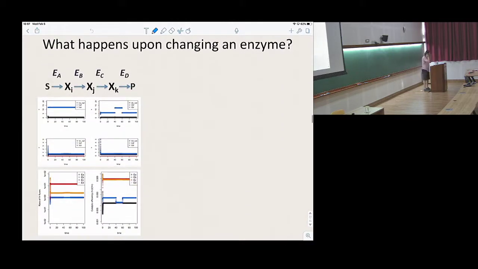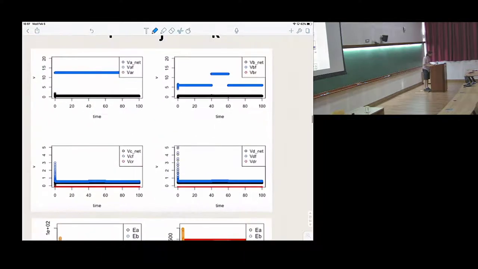So what happens upon changing an enzyme? Same story as before. We're picking on enzyme B, and this gets doubled between 40 and 60 in terms of time. What sorts of changes do we see? So here's